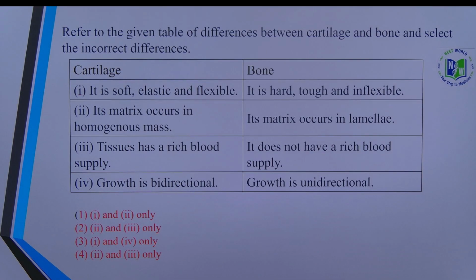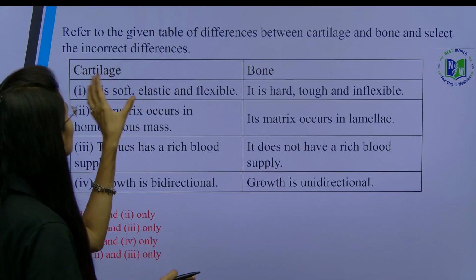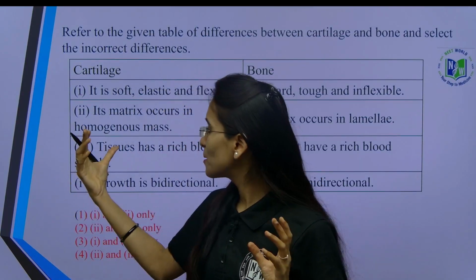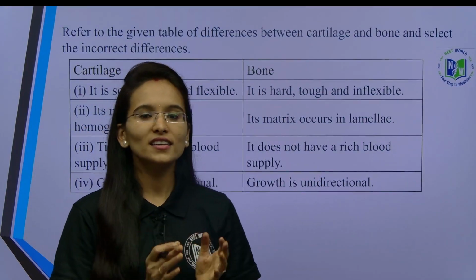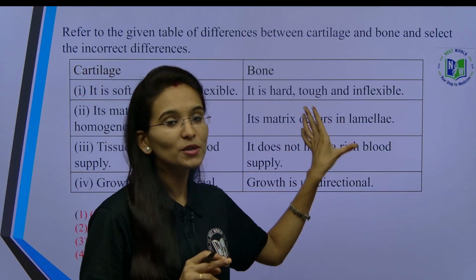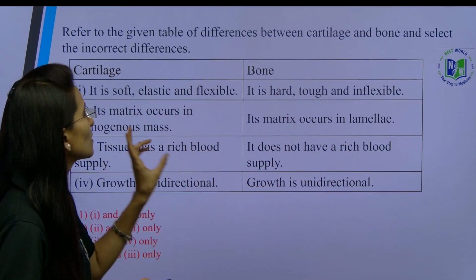Yes, refer to the given table of the differences between the cartilage and bone, and select the incorrect differences. So here in this tabular form, we are going to find the incorrect option. Okay, there are 2 incorrect differences among all these 4 differences, students. See here,